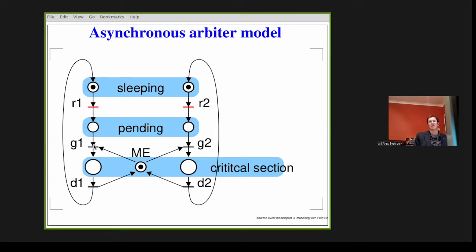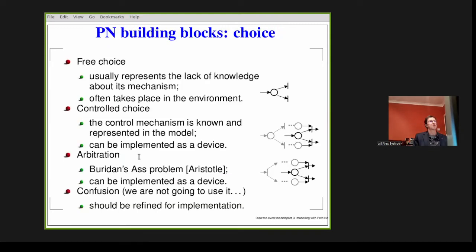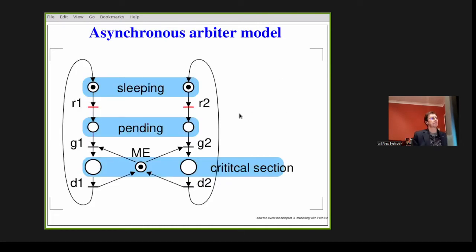I'm saying in general because in this particular case, in the mathematics, we have no notion of time. And if a token has arrived here, it doesn't mean that this transition will fire straight away. It's perfectly possible that it will happen after half an hour. And this half an hour may be enough for this transition to fire and deliver a token there. And then it will be a symmetrical situation. And the arbiter will have to somehow decide at random which way to go, and then it will be a free choice situation.